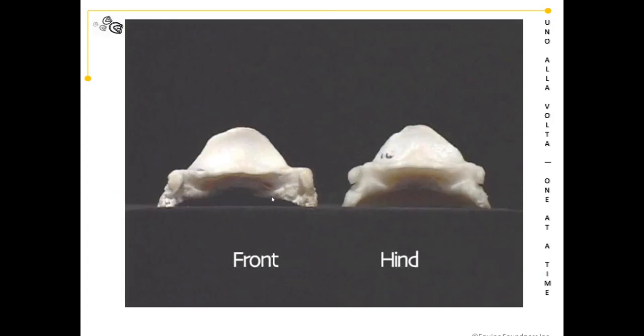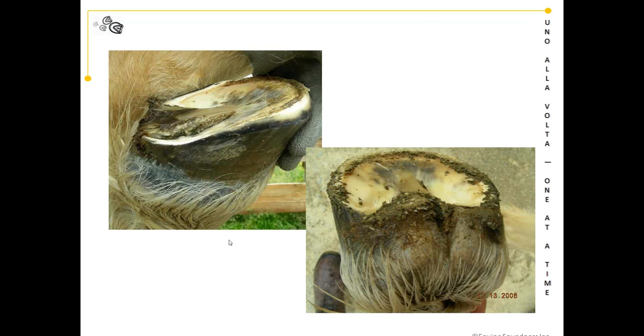The coffin bone of the front hoof is more shallow on the solar surface. On the hind hoof it is more vaulted. I try to picture this here on the same horse, front and back. When you look at